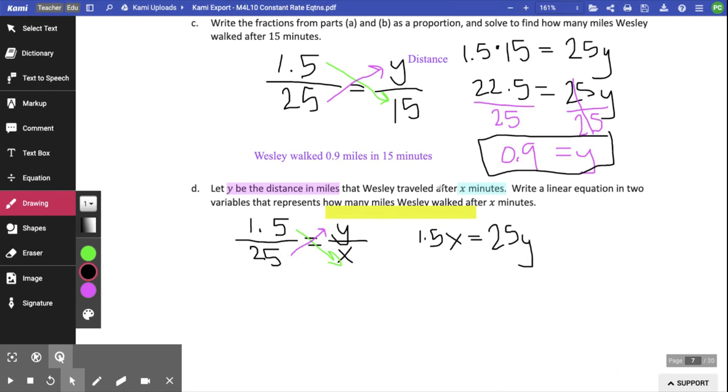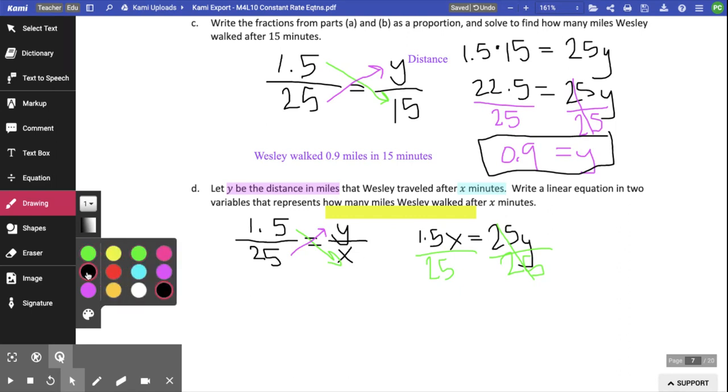And if we look back at our two variables, x and y, the one that represents how many miles he walks is the y variable. So we want to solve for the y variable. We want to get the y variable alone or isolated. And in order to get this y variable alone, I see that it has a coefficient of 25, and so I'm going to divide away the coefficient of 25. And what we do to one side of an equation, we do to the other. On the right side, 25 divided by 25 cancels out, and then we're just left with y. And on the left side, 1.5 divided by 25, I'm going to use my calculator,